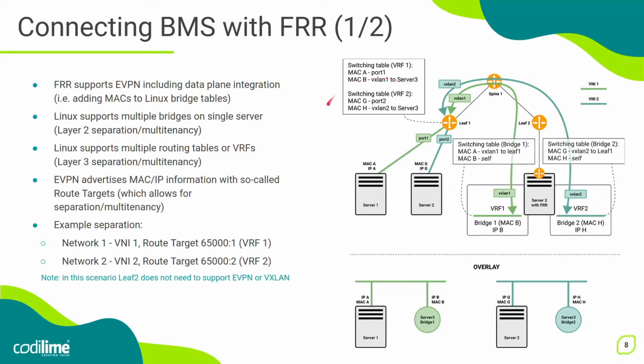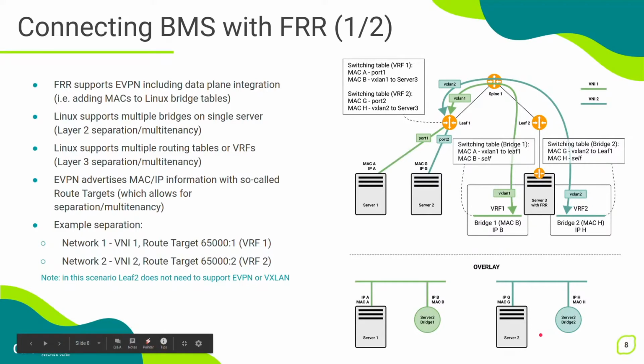All right, and thanks to this configuration, we achieve an environment where we have server 1 with an IP address configured on a physical interface, which can communicate at layer 2 and layer 3 with an IP address that is configured on some logical interface on server 3. Another server, server 2, is able to communicate with an IP address configured on a second interface on server 3. However, these interfaces are separated from each other using VRFs, so we've got this multi-tenancy sustained here as well.